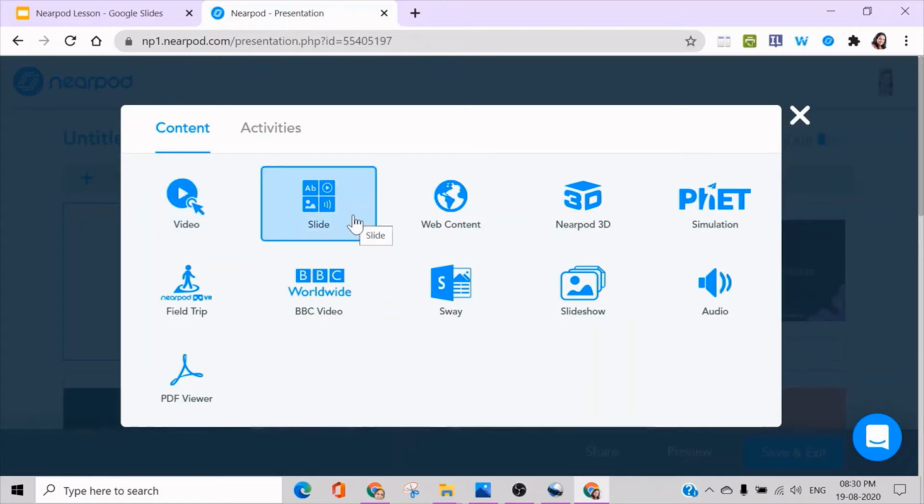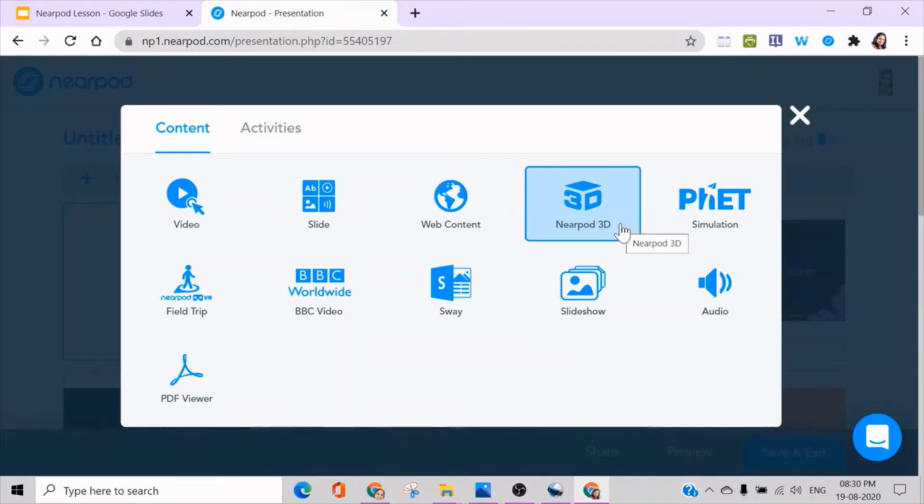Teacher can also add a slide. Teacher can include any web content. Say, for example, your Google Docs link or a Google Form link or anything can be included there, or any website you want your students to browse or visit, and some other blogs or anything you want. You can add any web content here.